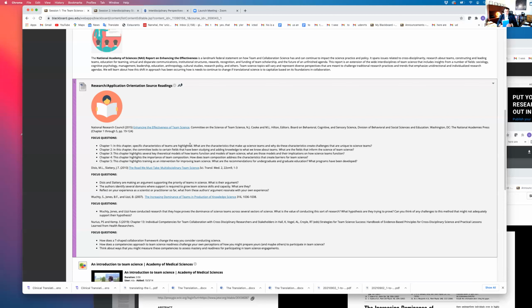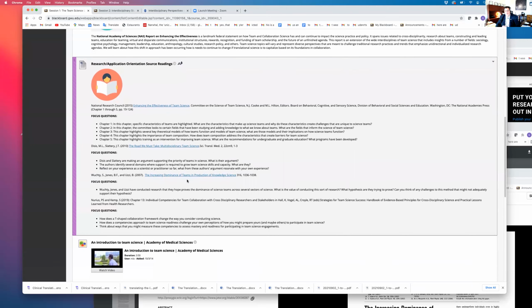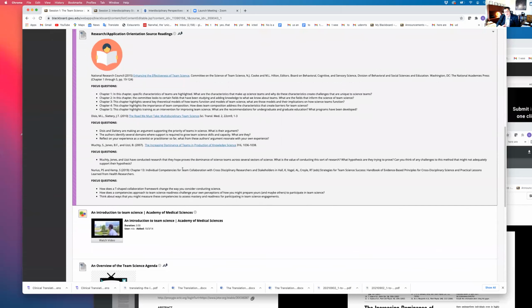So again, I'm just drawing out some key features of what this book can provide you. It is the work of team scientists, meaning people who study teams. And if you look closely, you'll see some of these people come up again in other literature that we're going to be talking about. So of course, as you all wrote, and it was great reading a lot of the posts. I didn't read all of them yet, but I read a lot of them.